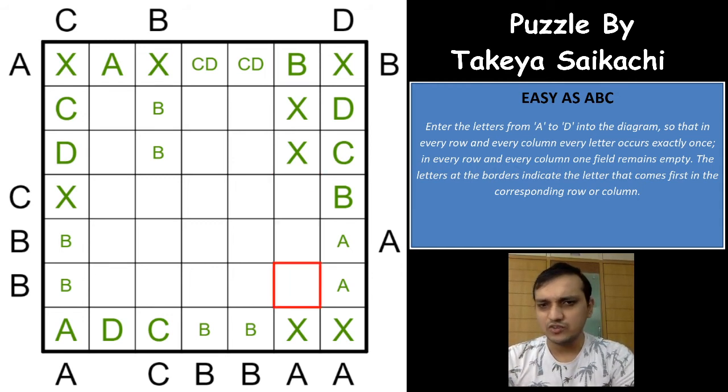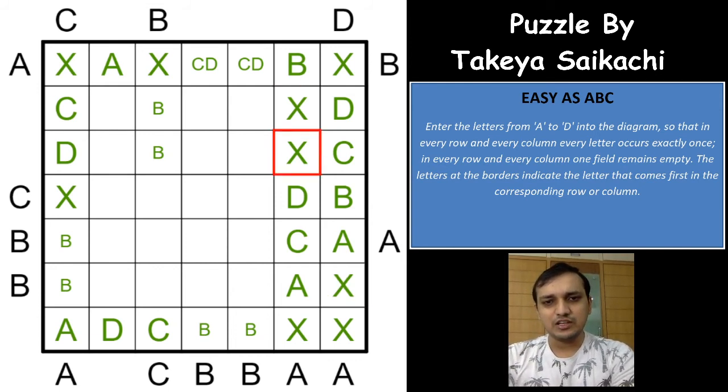All the other 3 cells will have to be alphabet, which means the first cell will have to be A, and this cannot be a C because you have a C here, which means this has to be C, this has to be D, and the A can be crossed out from here, and this has to be A, which gives this as cross. What an excellent logic here. This was a very good logic here.